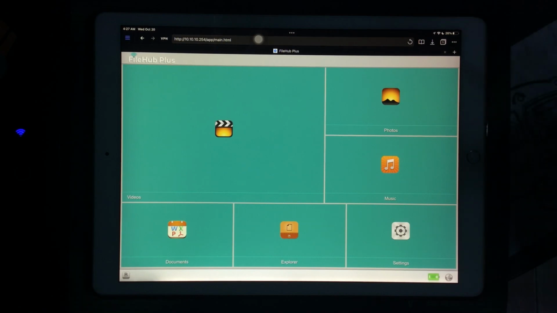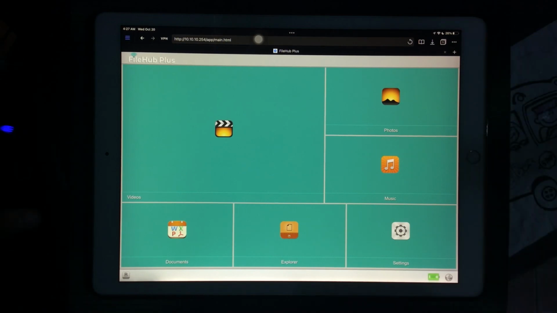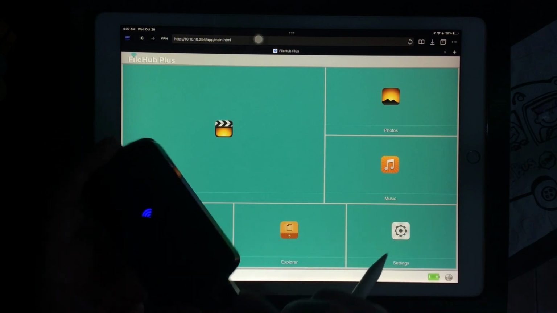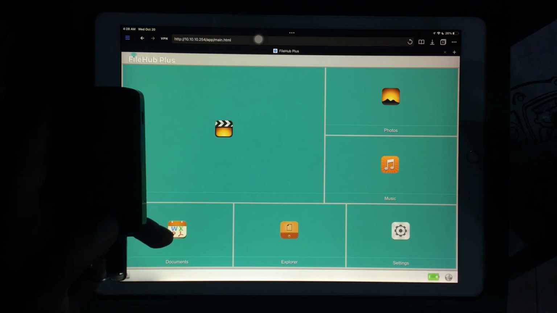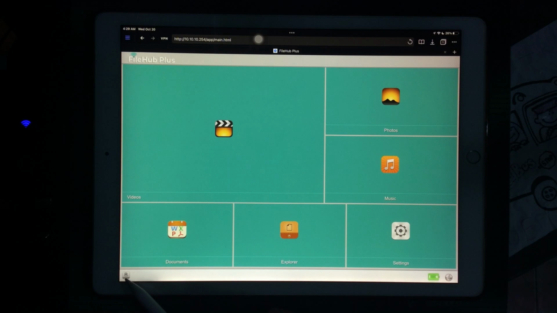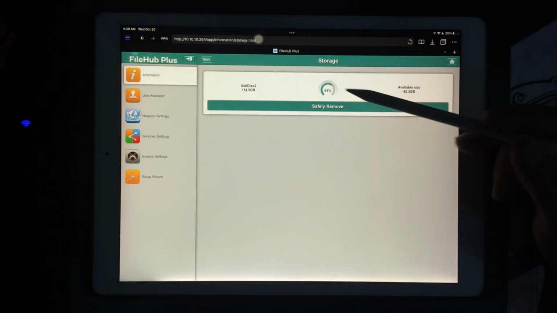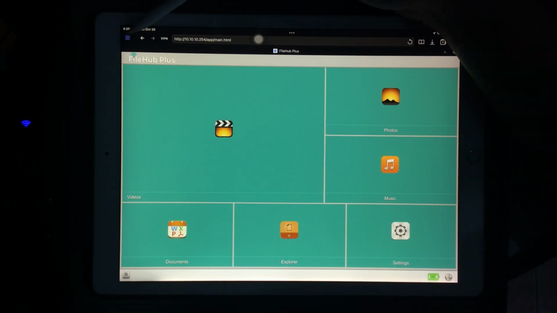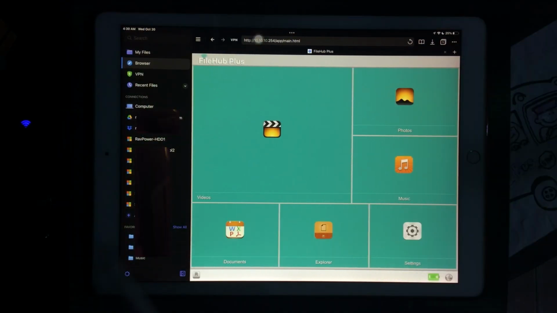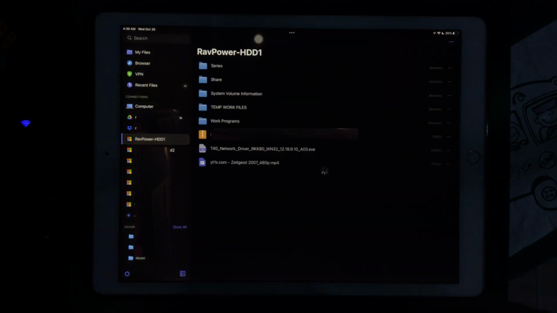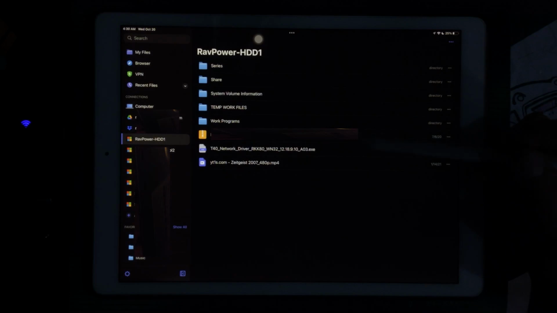But when I connect a USB drive to the RAV Power hub, the RAV Power hub will start blinking to show that it's reading the new USB device. If we click on the flash drives icon, you'll find that there is a drive connected to your RAV Power. But what I did is connect the RAV Power file hub to my Documents app in the shape of an SMB connection on the RAV Power HDD1, which I created. These are the files inside my flash drive that I just connected to the RAV Power.